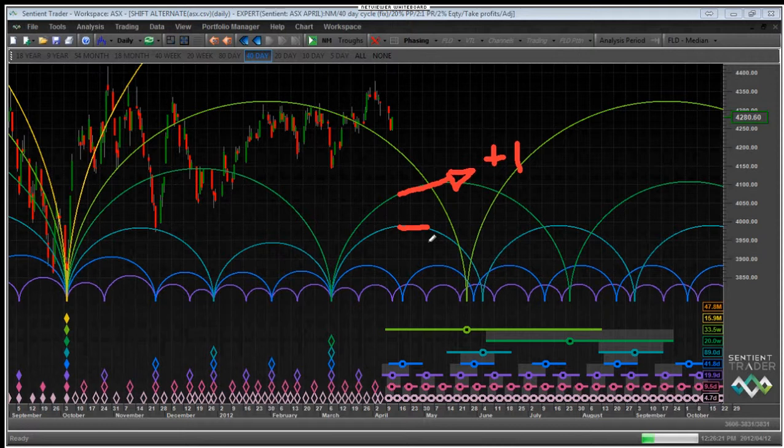Which means the 40-day cycle, of course, there are two potential trading opportunities every 40 days. One is going long, in other words, you're going to buy, and one is going short. Okay, so every 3 weeks we're going to be considering entering a trade, either a long trade or a short trade.